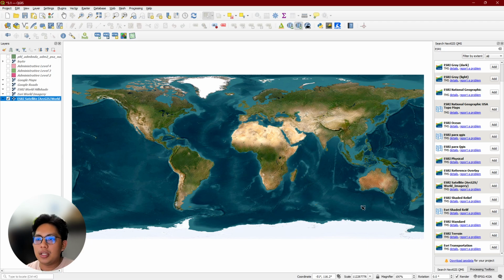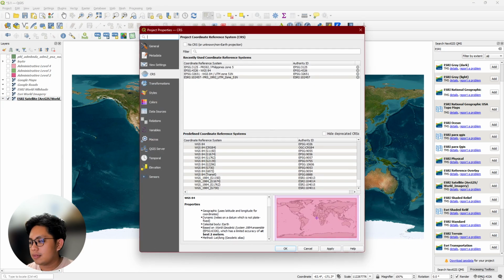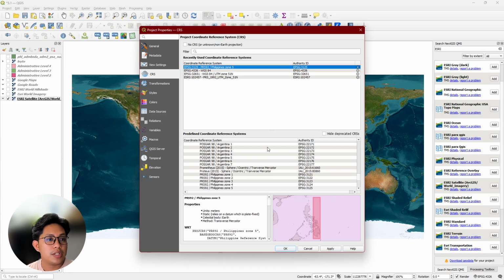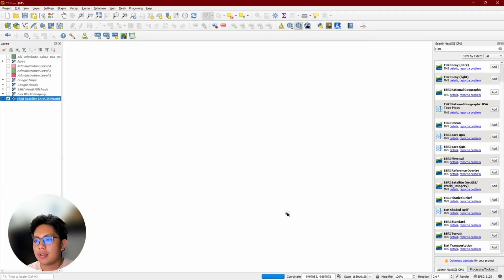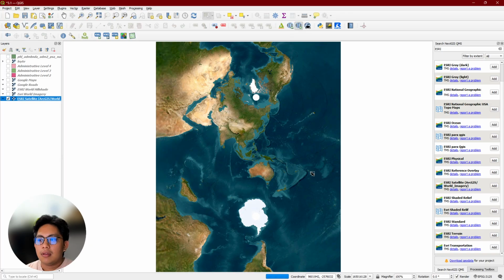If we select a new projection, say PRS 92, which is our system for the Philippines, it will focus on us being the center with barely any distortions.